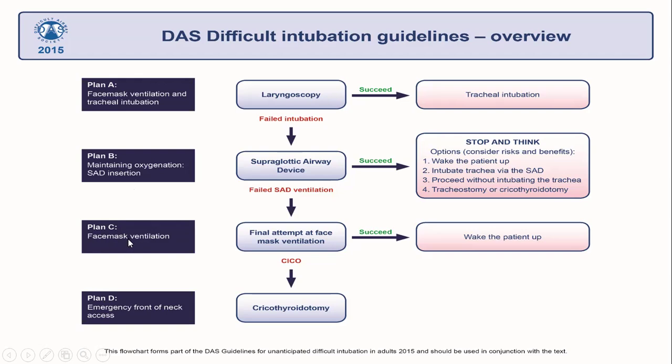If it succeeds, so how to know plan A succeeded or not? Chest rise and so on. Plan B, how to know it succeeded or not? So chest rise, SpO2, EtCO2, and so on. Plan C, how to know? Same. Chest rise, EtCO2, SpO2, bilateral auscultation, like that. Clear? If you find the 4 points good, you will go for waking the patient. You will continue plan C until the anesthetist comes, until the patient is awake, and the anesthetist